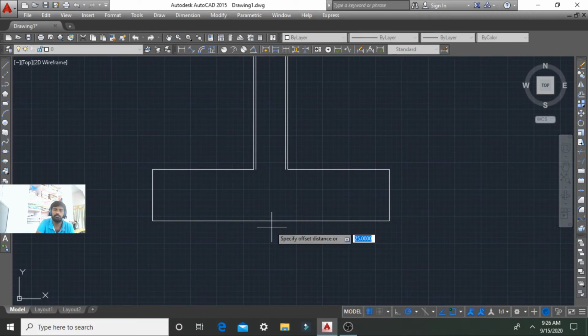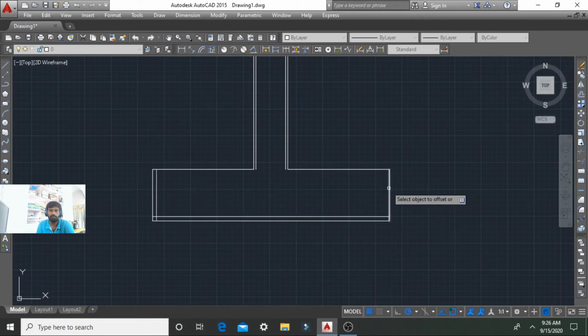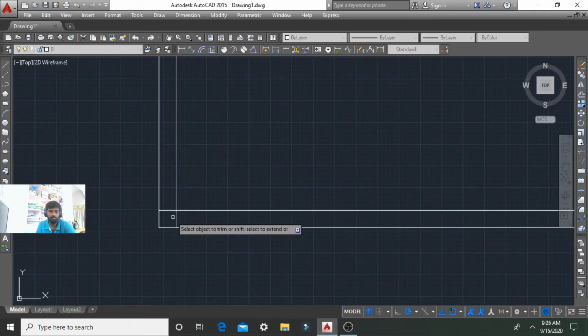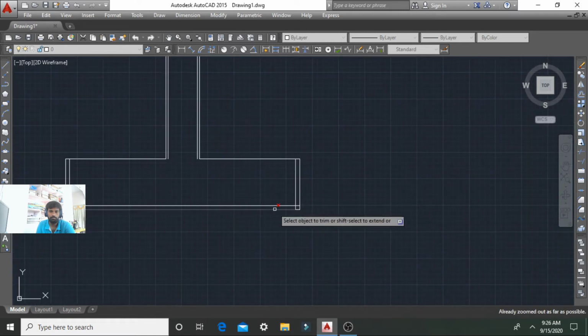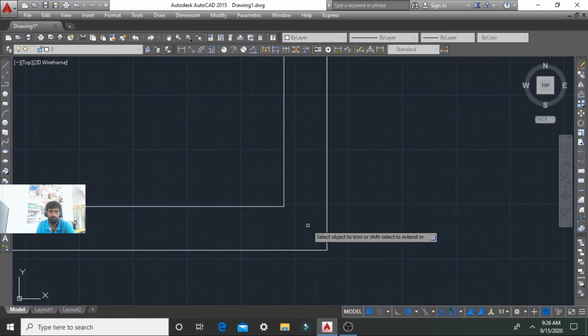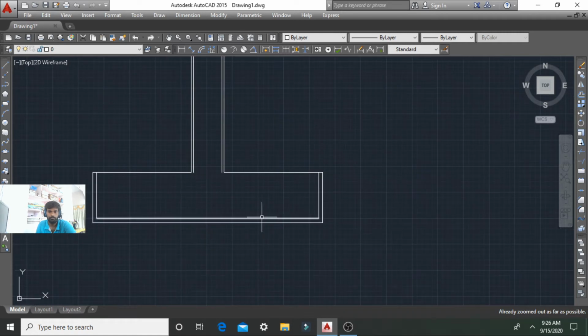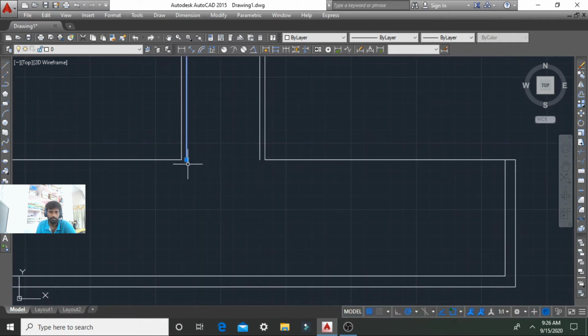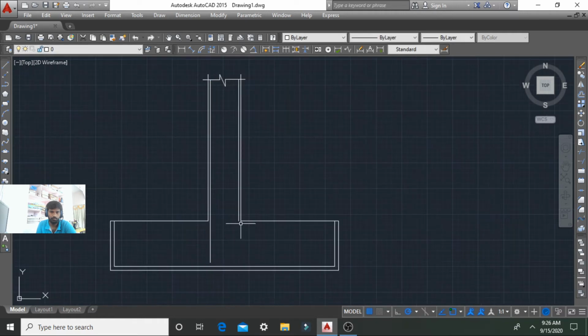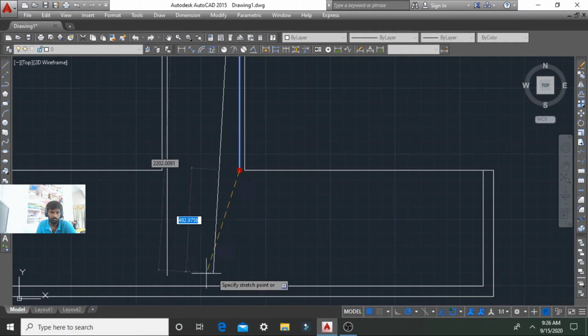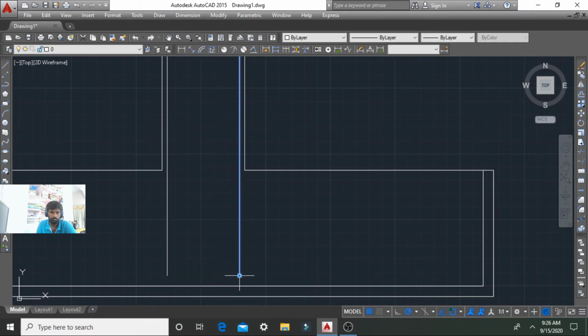Here in the foundation mat there is a 50 mm cover, so I mention 50 mm cover here.